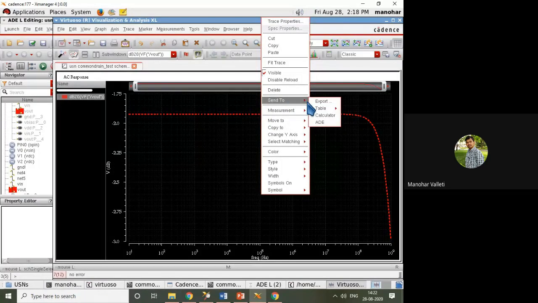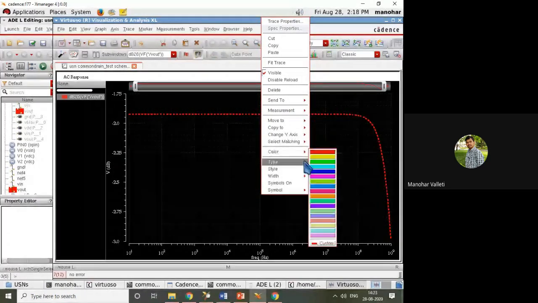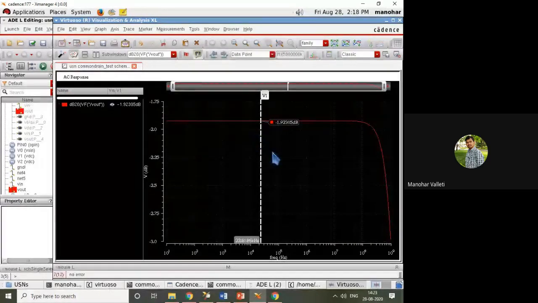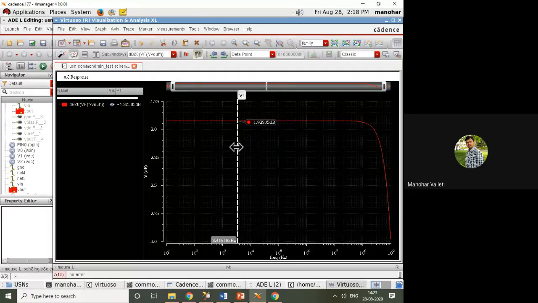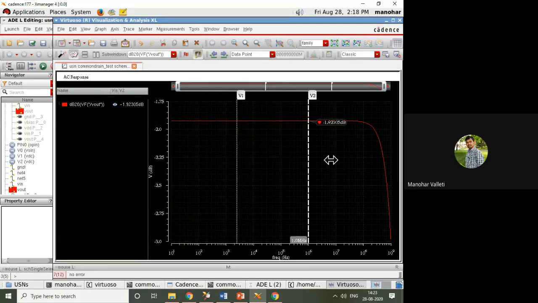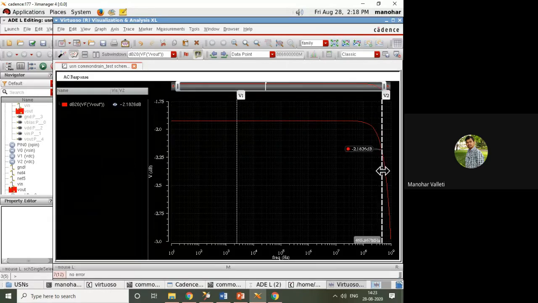As you know, if input is 1 volt, you will get a dB 0. So minus 1.92. So move to the point where minus 1.9.